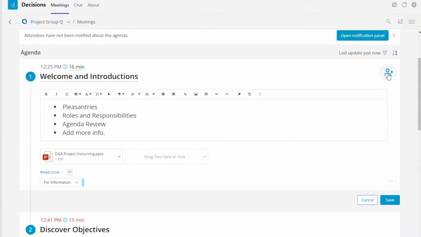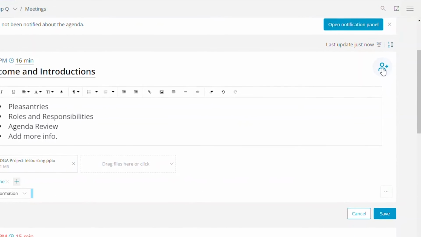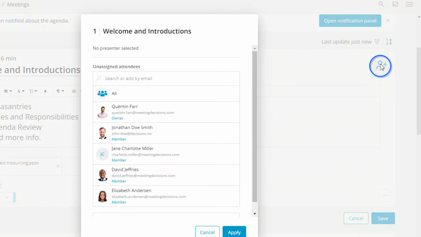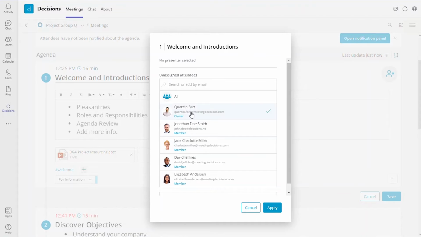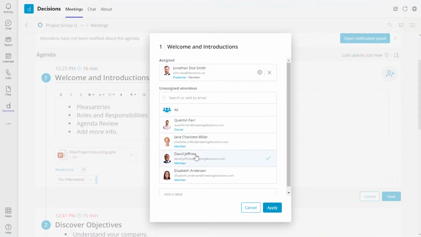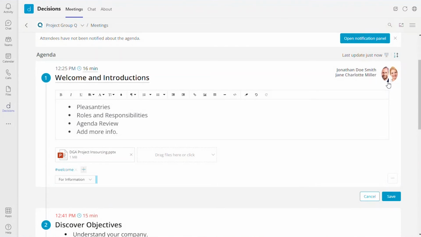The final and maybe biggest feature that lives on the agenda item is the presenter feature. So if I click on my little box there, you will now see a list of everybody that was invited to the meeting. What's nice about this is that I can assign people as presenters if I so choose.